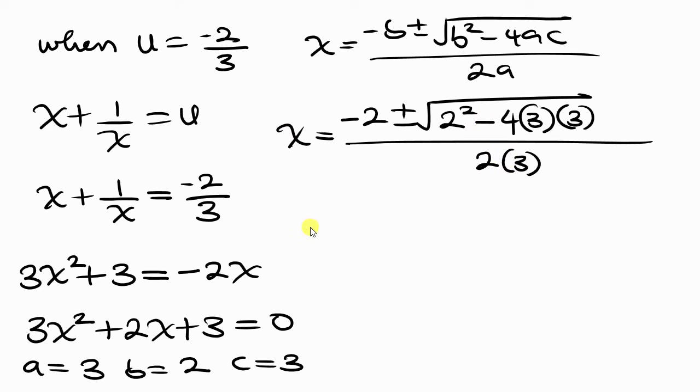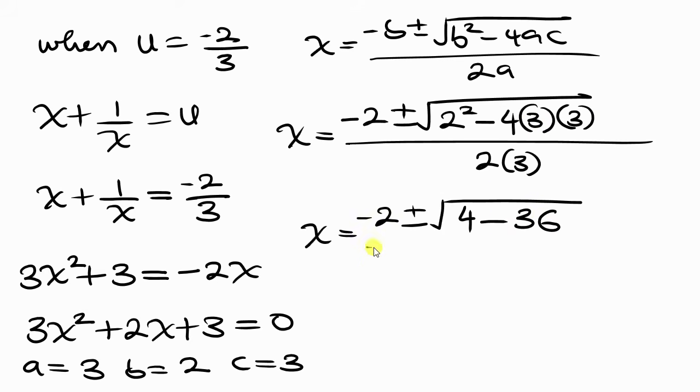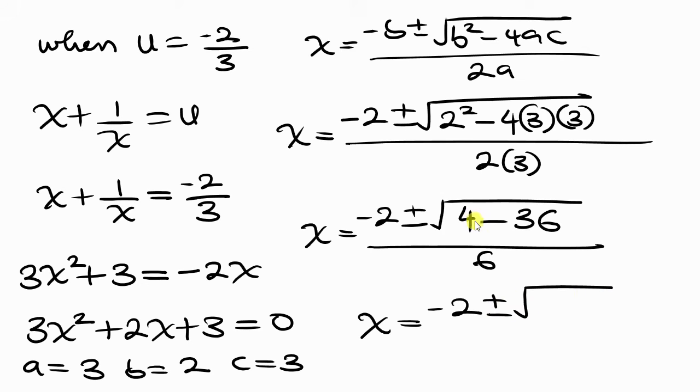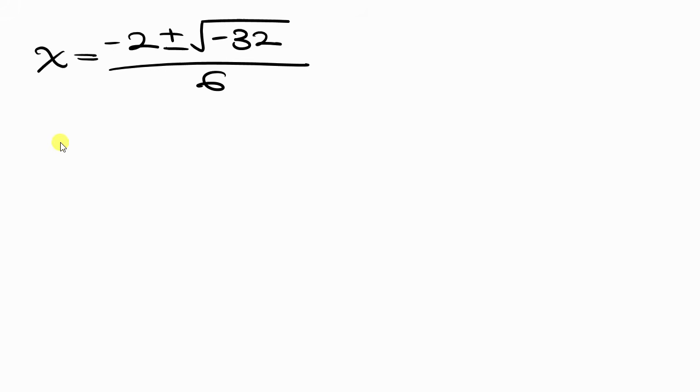Now simplifying further, x will be negative 2 plus or minus the square root of 2 squared is 4, minus 4 times 3 is 12, times 3 is 36. So we have 36 all over 2 times 3 is 6. So making x to be negative 2 plus or minus the square root of 4 minus 36 is negative 32 all over 6. Now simplifying,